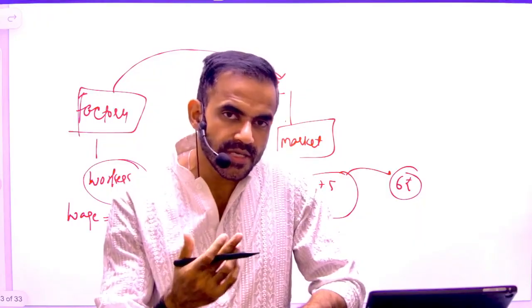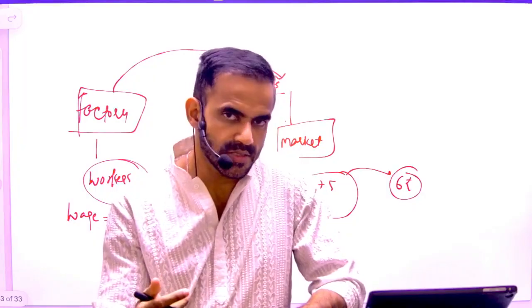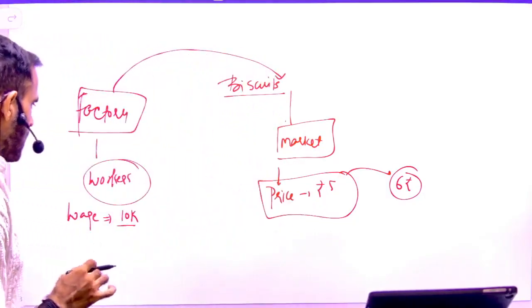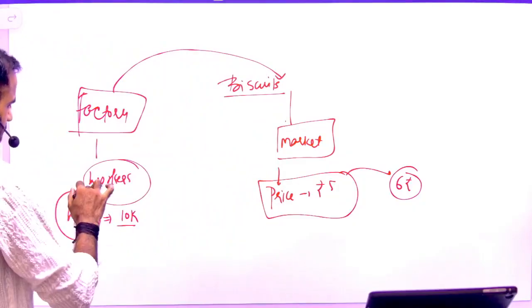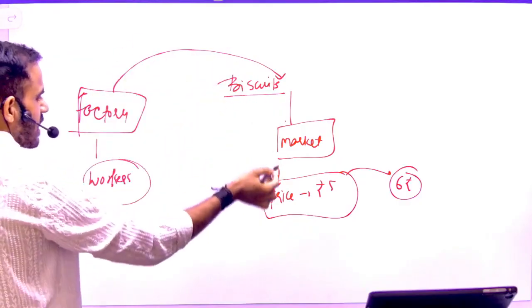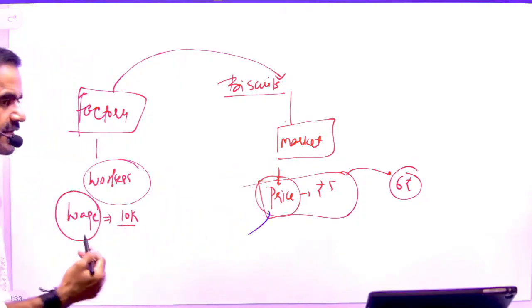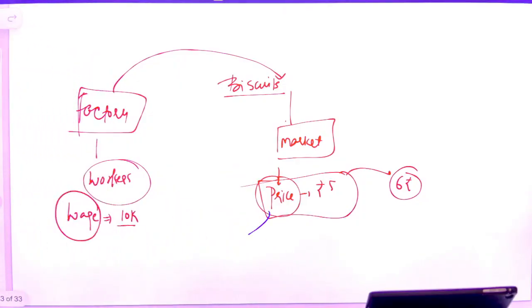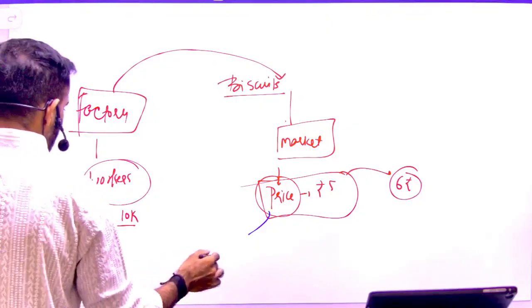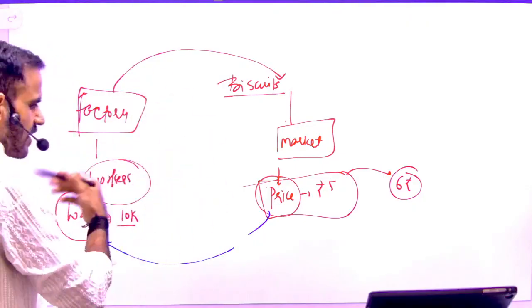Then they will try to increase the cost of that product so that they can pay more salary to their workers. Now in this case, what is happening? Because the company has increased the wage or the salary of the workers, the company will increase the price of their product. Over a period of time, every company will increase the price of their product. So what will happen? There will be inflation in the economy, and because of that, over a period of time, workers will demand further increment, and this cycle will continue.